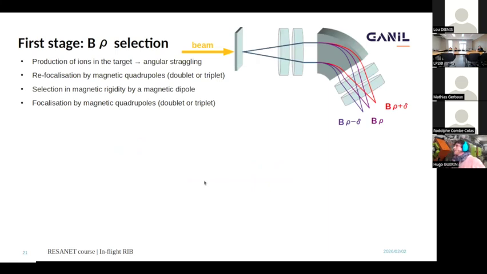So now let's talk about the in-flight method. You have the production of ions in the target. Here you produce your radioactive ions, or radioactive ion beam. Then you have to use quadrupoles, in doublet or triplet, to focus